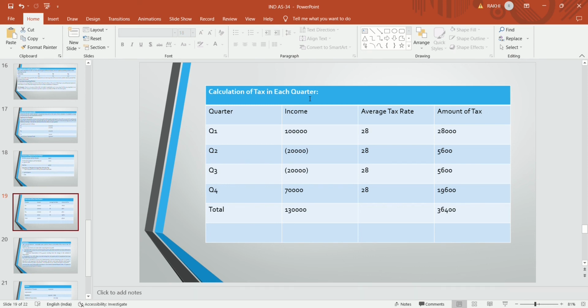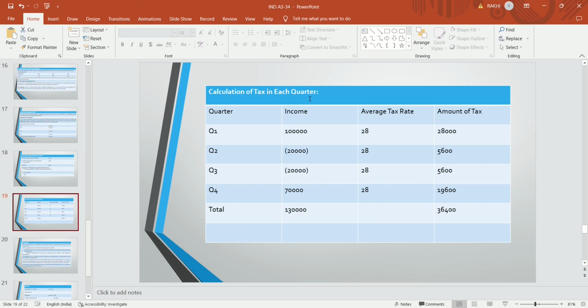In quarter 2 there is a loss of 20,000, the average rate is 28%, and quarter 3 has a loss of 20,000 at 28%, that is 1,600. In quarter 4 the income is 70,000 at the average rate of tax of 28%, and it gives rise to 19,600. So the total income will be 1,30,000 and the total tax will be